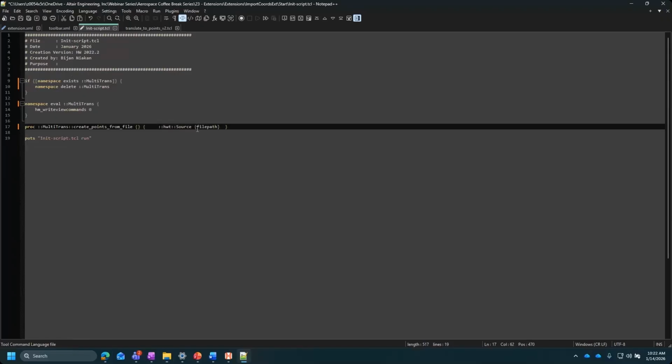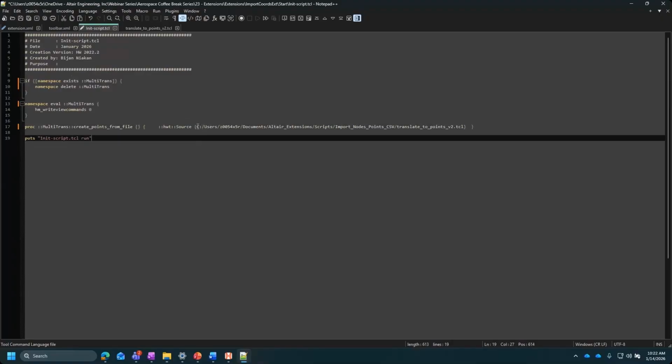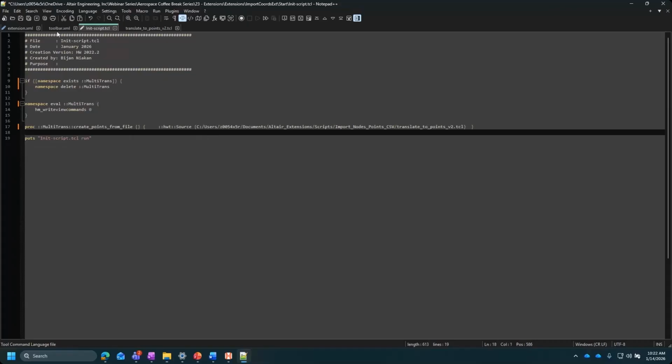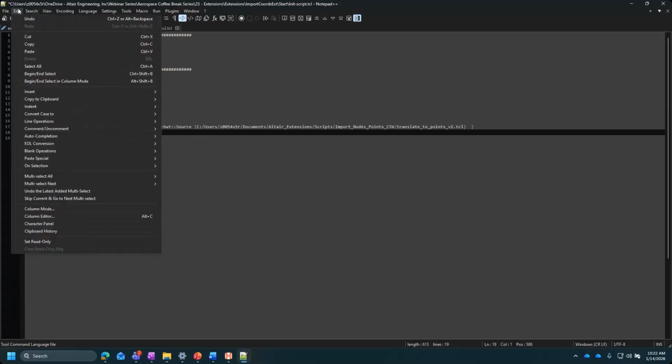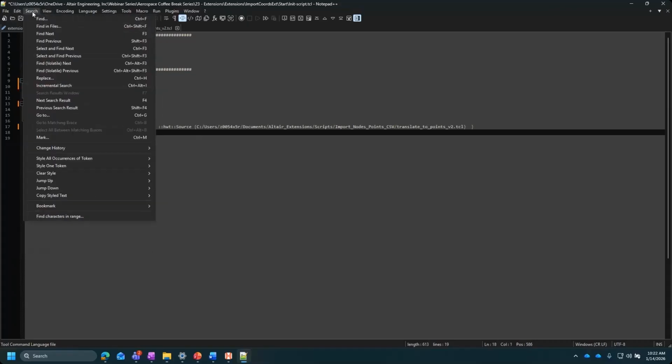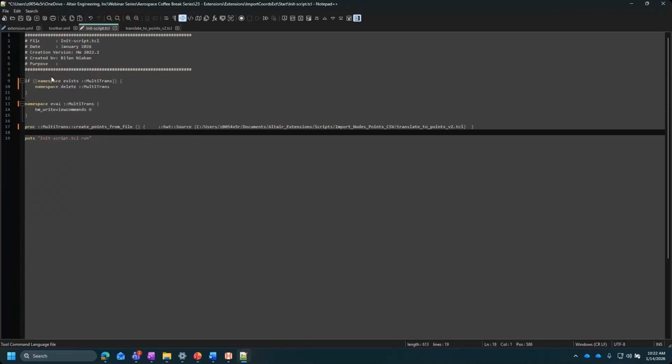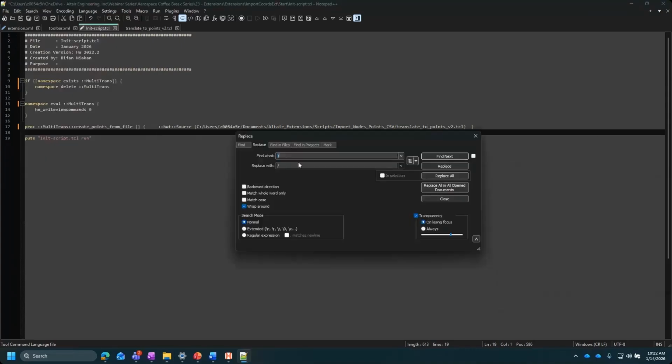Oh, excuse me. We'll want to paste that just in the file path. There we go. And you want to make sure that you use these forward slashes instead of backslashes. So if you paste your file path in as backslashes, you can always just do, I believe it's edit, or is it search replace? Search replace. And you can just replace backslashes with forward slashes.